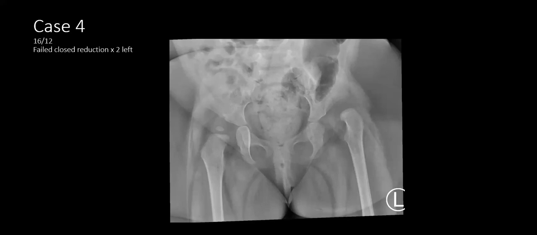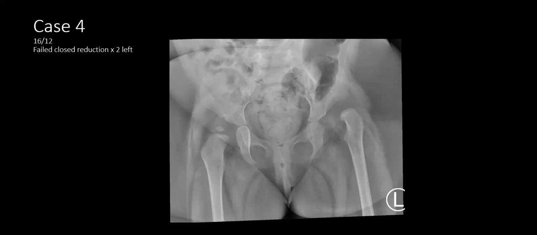So she's had 2 failed closed reductions on the left, so we're going to talk about an open reduction at this point. You might want to wait until she's a bit older. I think we're usually aiming for around 18 months, but if you've tried twice already, I guess she's heading that way. So I would advocate for an open reduction on the left side, where you need to do an anterior approach to the hip and address your intra-articular and extra-articular blocks to reduction, which I can go through if you want, and then plus minus a femoral shortening